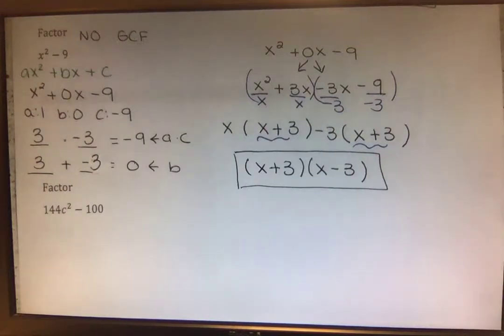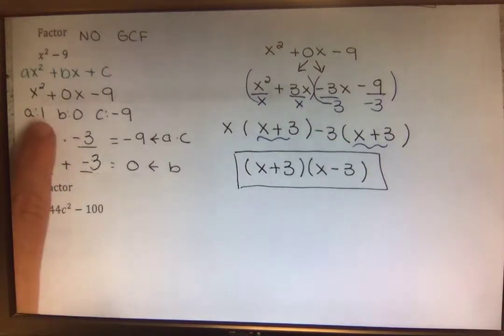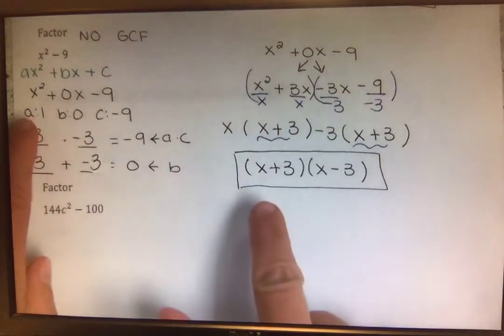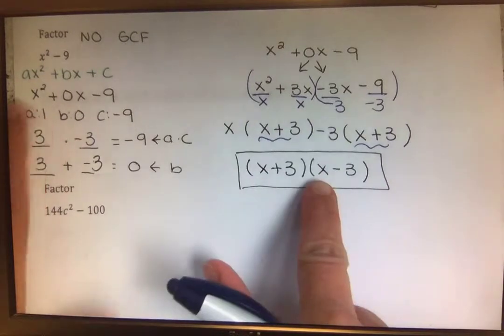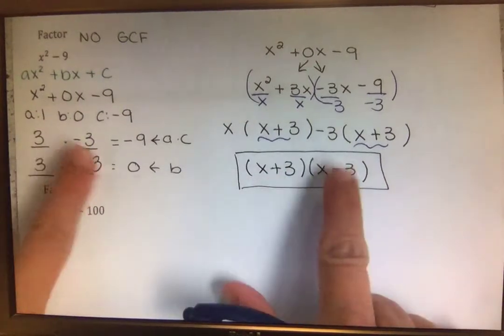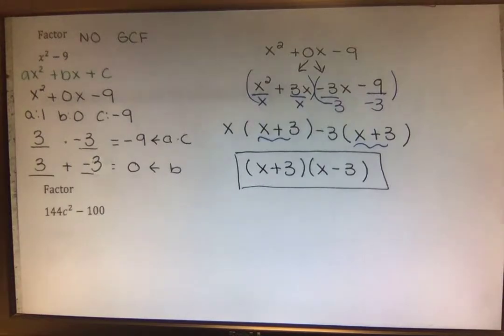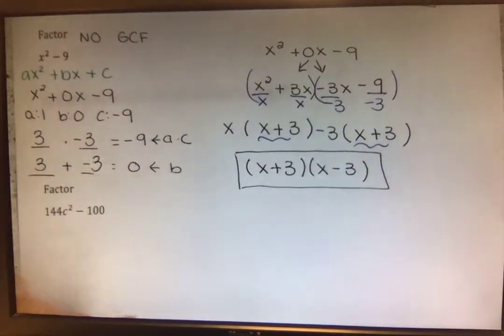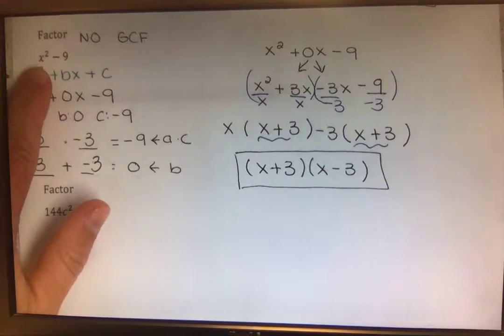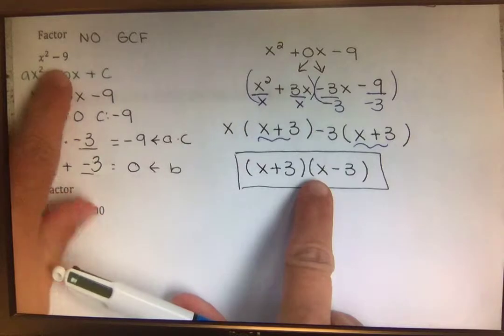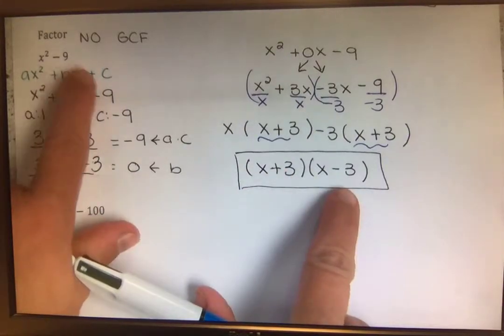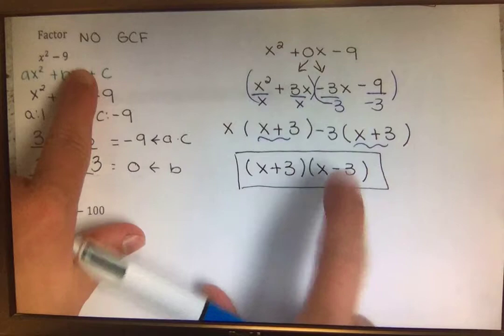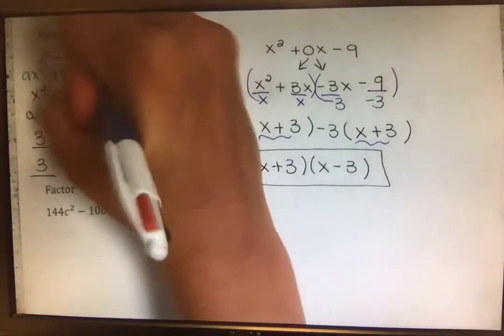So going back, remember we had a shortcut. When a was 1, which it is in this case, we can just write out our factors. So when our variable is x, plus 3 goes in one blank, and minus 3 goes in our other blank. These look different too because our b value is 0. So if you notice, I have x squared minus 9. X squared is a perfect square, going back to those problems we did in the very beginning. So it's x times x. It's the difference, so one's positive, one's going to be negative, and 9 is also a perfect square, so 3 times 3. So this is going to be a difference